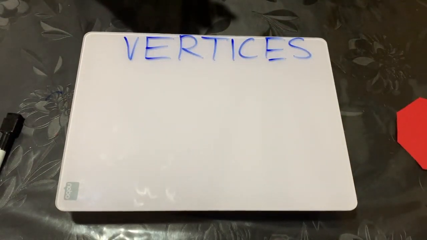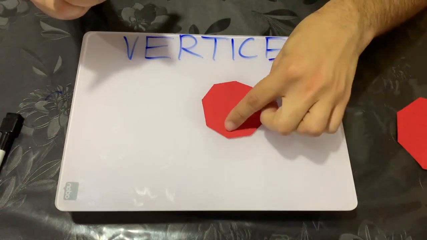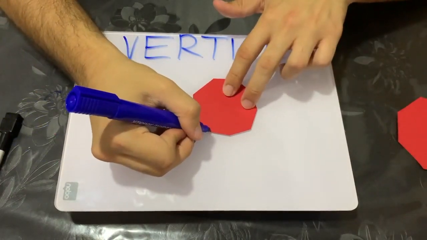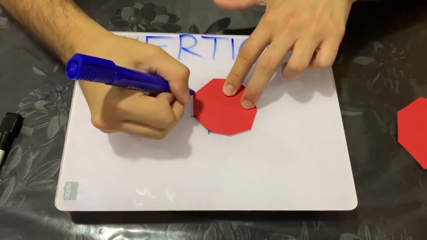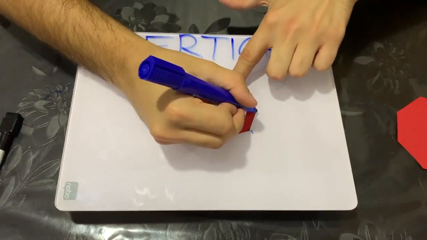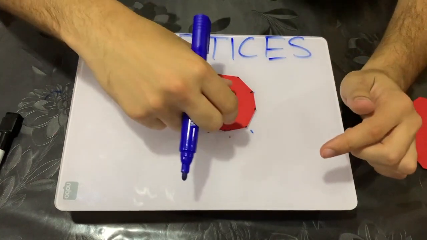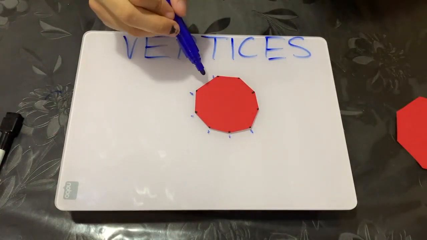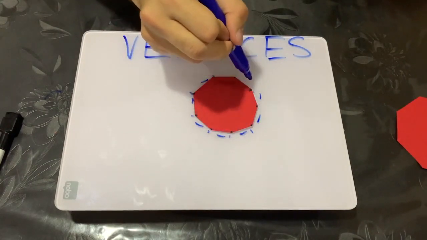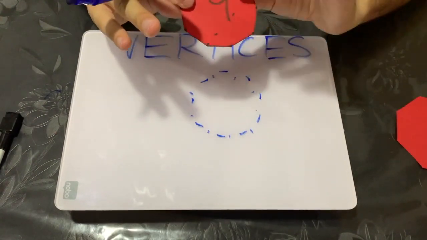Let's look at another shape. Let's see what shape this is. I haven't counted it yet, but after we do, I'll tell you what shape it is. So let's count the vertices. We've got 1, 2, 3, 4, 5, 6, 7, 8, 9. So I've got 9 vertices, which means I've also got 9 sides. 1, 2, 3, 4, 5, 6, 7, 8, 9, which means this shape is a nonagon, which has 9 sides